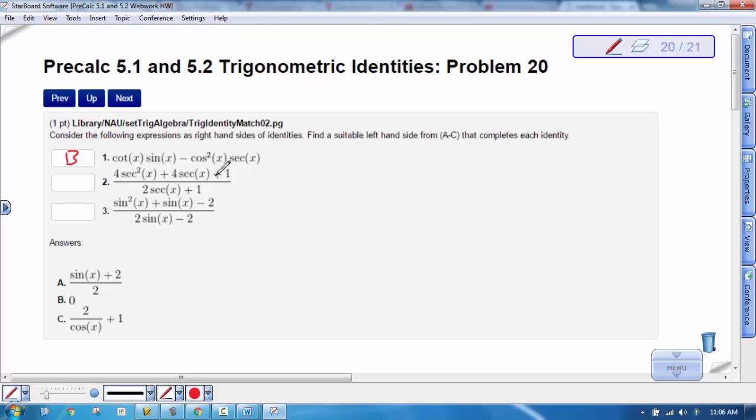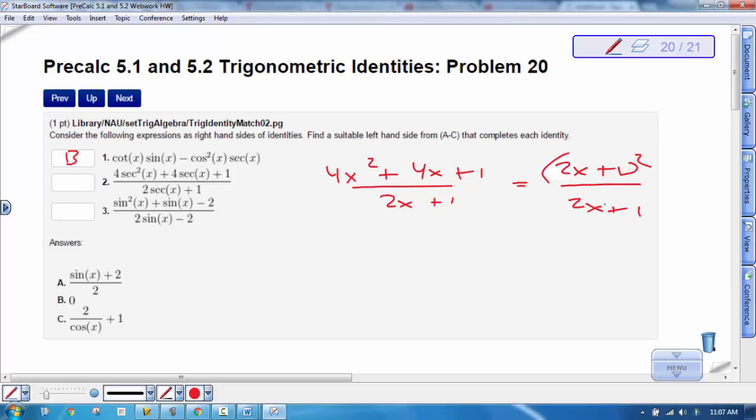Next one might be a little tricky, but if you replace secants with x, what you'll find is you have 4x squared plus 4x plus 1. So if you recognize that pattern at all, and this is something that factors, that's a perfect square trinomial pattern, basically. So that turns into really 2x plus 1 squared over 2x plus 1. So obviously one of these cancel, and you're left with 2x plus 1,